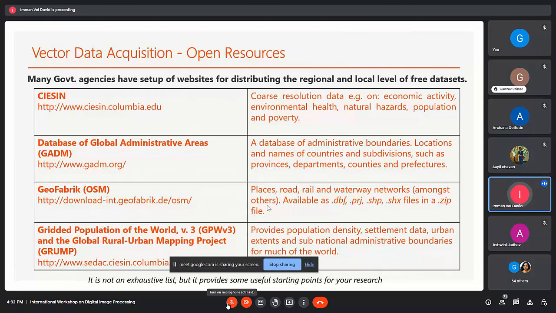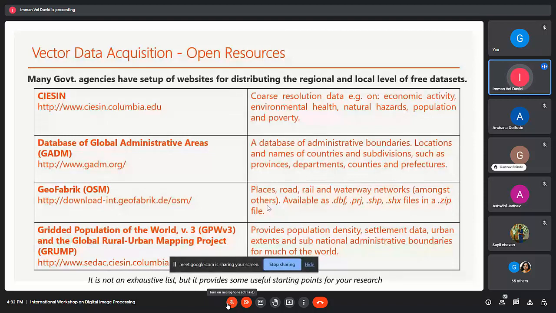Then the database of Global Administrative Areas, GADM, produces a database of administrative boundaries, locations, and names of the countries and subdivisions such as provinces, counties, meaning district and state level boundaries. Okay. Then after